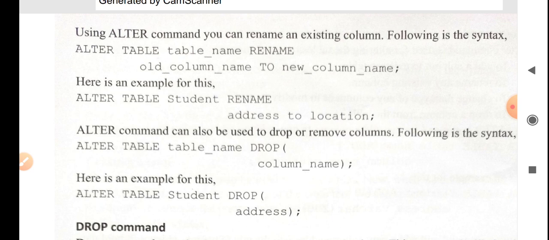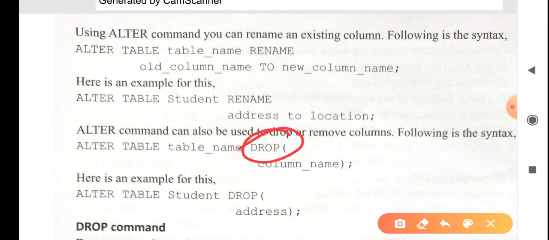Now after the renaming modification, you may find there is a column that was unnecessarily created previously, and it is occupying memory. Then you can simply write the DROP command, and with the help of the DROP command you can delete any column with its complete data.